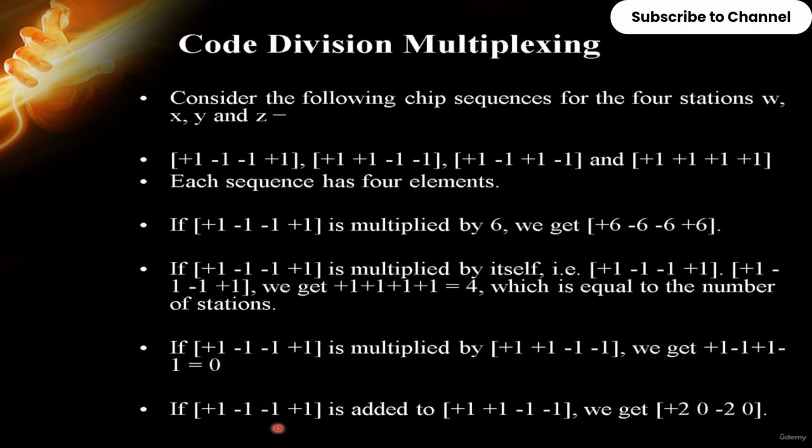And if we want to add the sequences, we get an answer like this: +1 plus +1, then -1 plus +1 is 0, and then -1 plus -1 is -2, and +1 plus -1 is